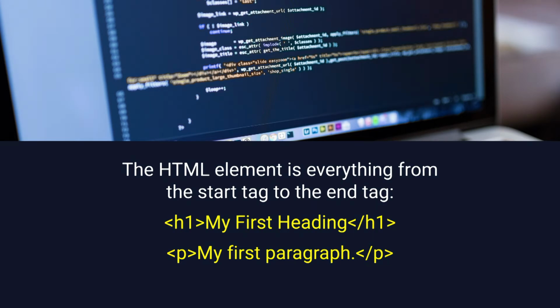See the example. H1 is within the tag, and H1 is the header 1, and it ends with, as you can see, another H1 with a backslash, which means the end of the header 1. In a similar way, the paragraph starts with the P element, then it has some content about the paragraph, one paragraph or two paragraphs, and at the end there is a backslash P element.